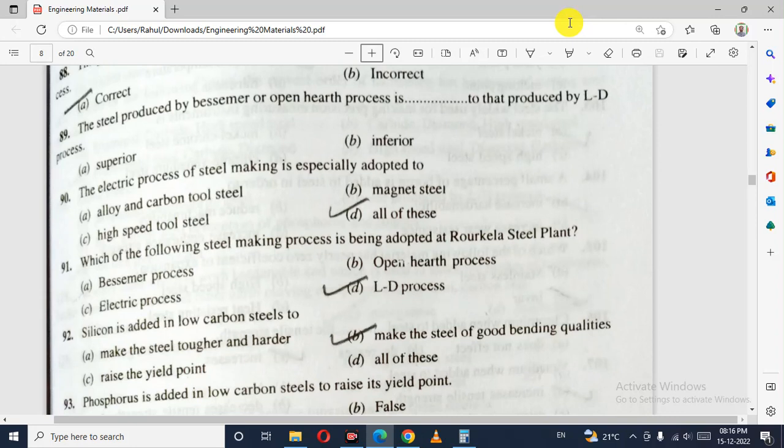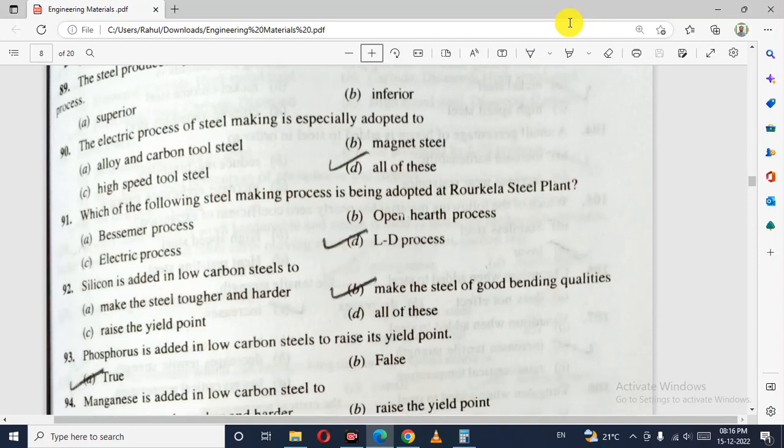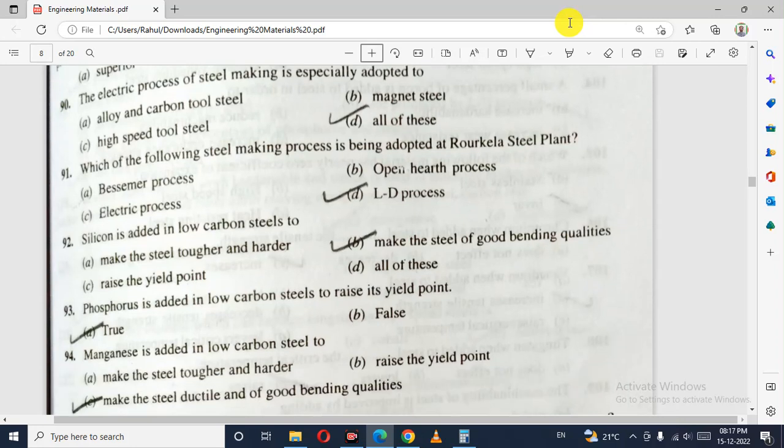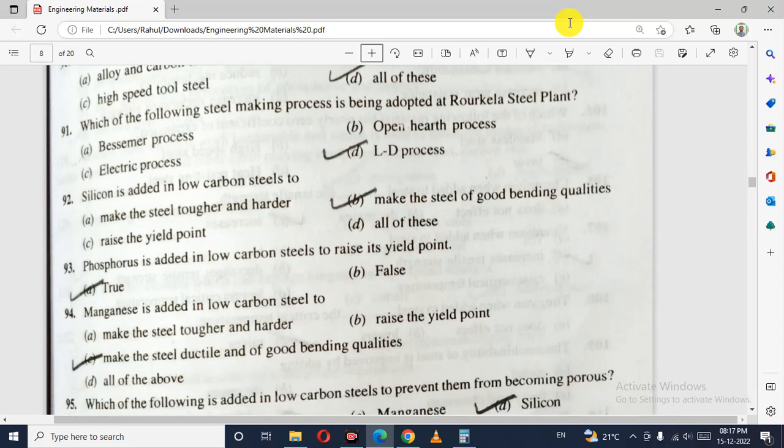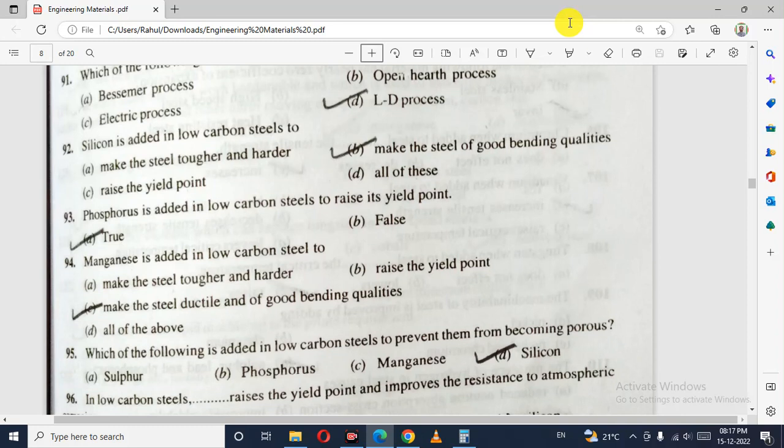Silicon is added in a low carbon steel to make the steel of good bending qualities. Phosphorus is added in a low carbon steel to raise the heat point. True. Manganese is added in a low carbon steel to make the steel ductile and give good bending qualities. Which of the following is added in low carbon steel to prevent